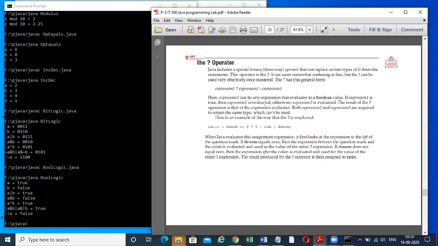Expression 1 can be any expression evaluated to a Boolean value. If expression 1 is true, then expression 2 will be evaluated. If expression 1 is false, then expression 3 will be evaluated, just like the if and else condition.